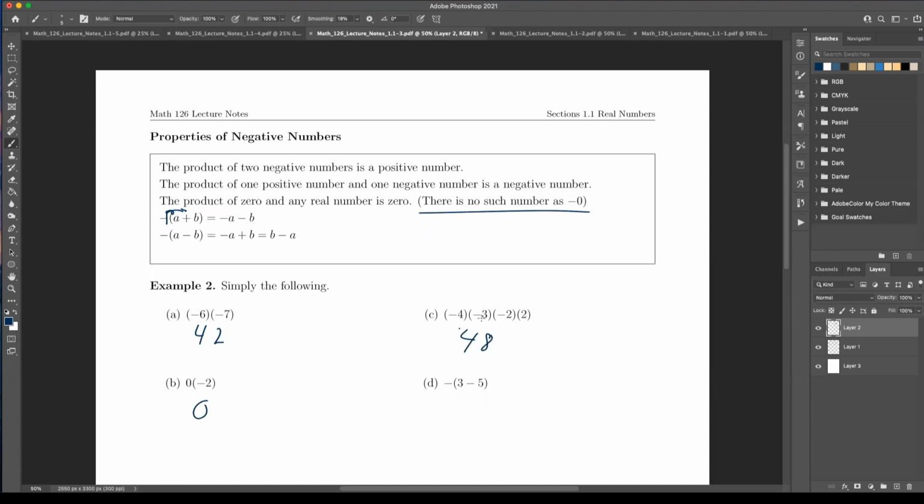What I tend to do is multiply all the numbers and then figure out if it's positive or negative. If it's an even number of negative signs, it's positive, and if it's an odd number of negative signs, it's negative. Here I have 1, 2, 3, that's odd, so make it negative. If you have 5 negative signs, that's negative. 7, negative. 2, positive. 4, positive. 0, which is even, is also positive. Here, when we distribute this -1, this is -3 plus 5.